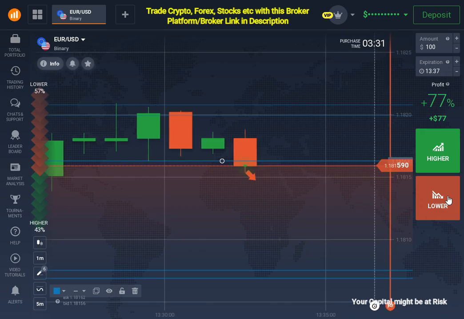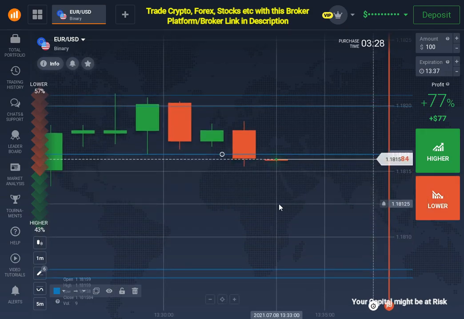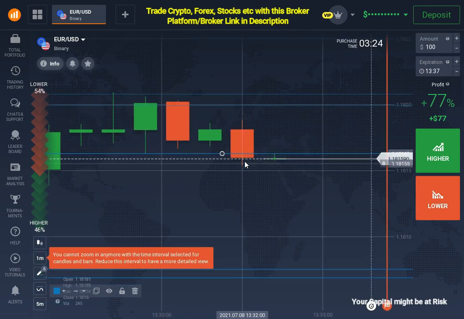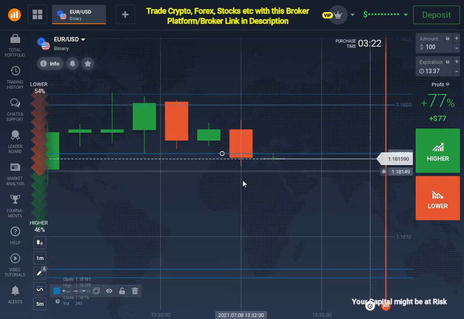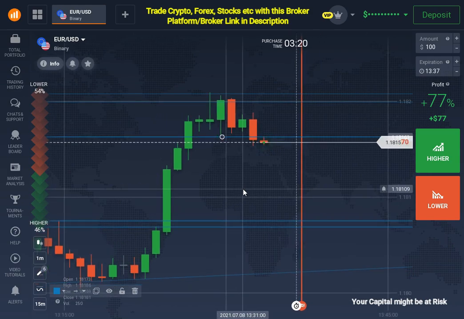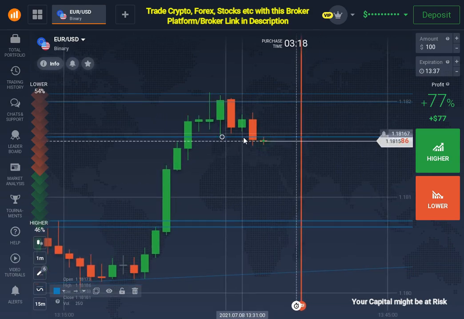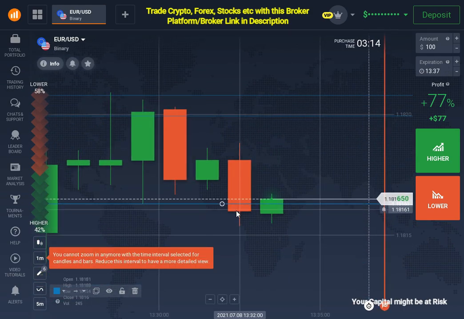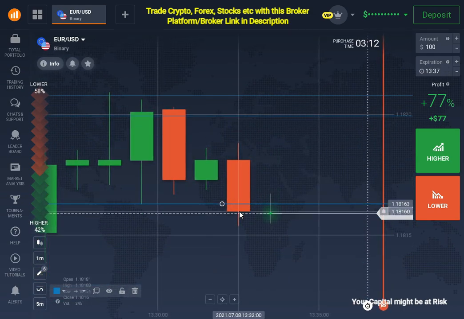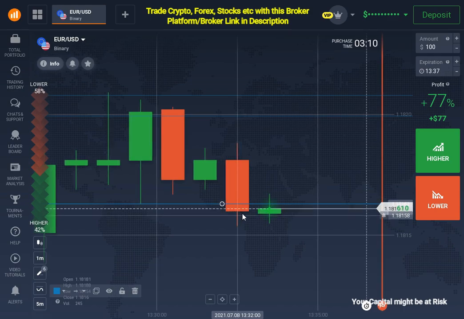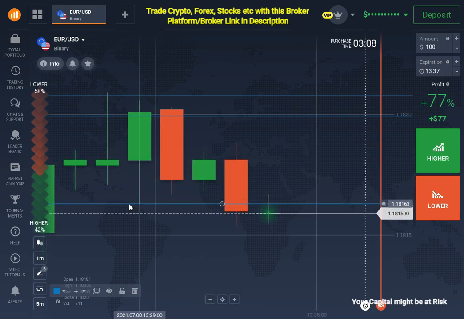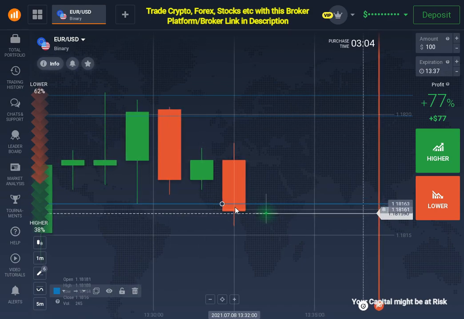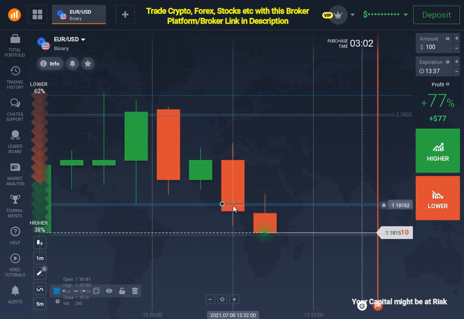And okay, it's not a clear breakout. As I can see, it's not a clear breakout. I cannot see the volume. I will not place a trade here. I will still wait, because this is not the breakout which I am looking for. I need a clear breakout. This is actually, if we loosen up some levels, because this is not the exact support level, so we cannot say that this is a breakout.